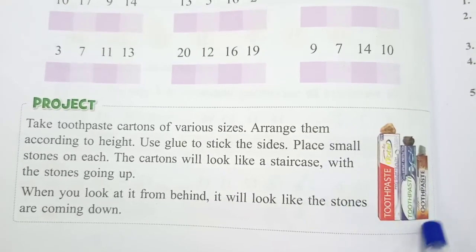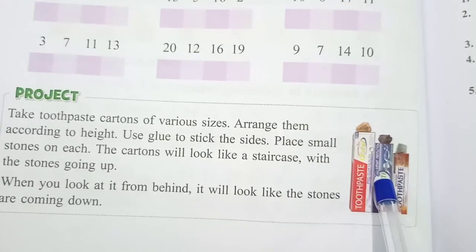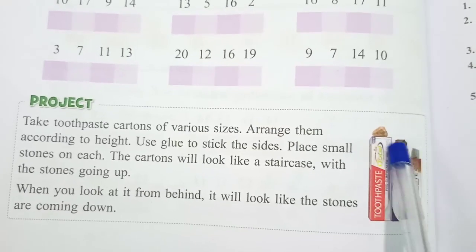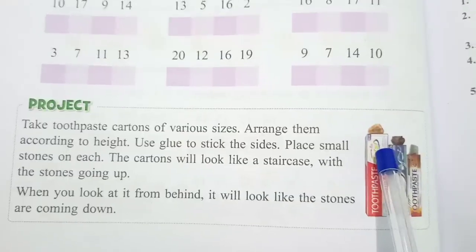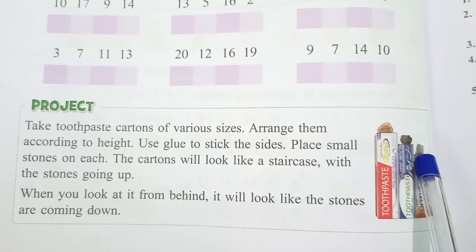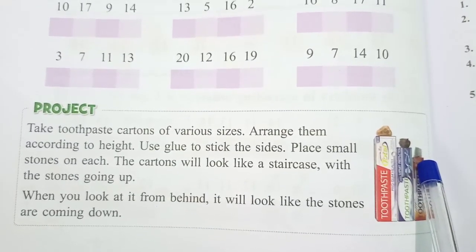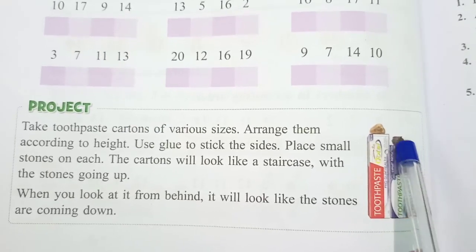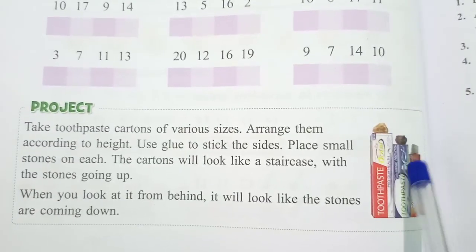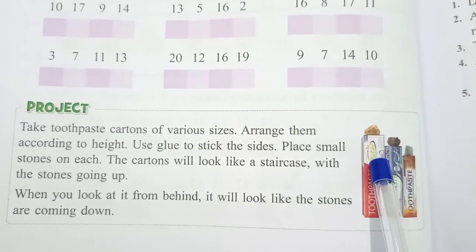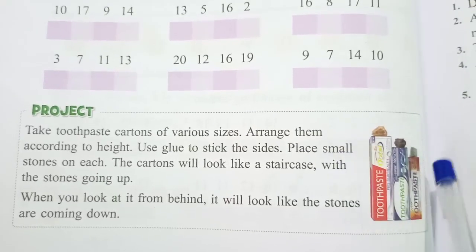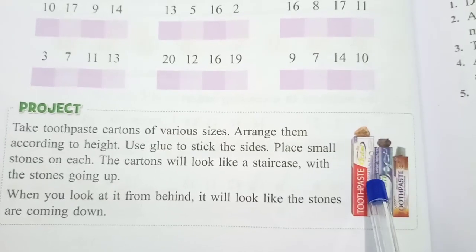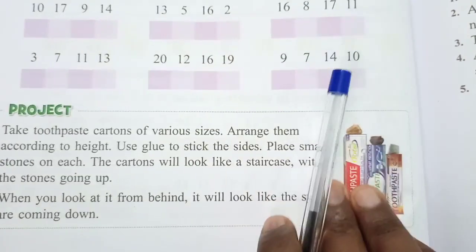So what is this project? It explains ascending order and descending order, or you can give the numbers also. If you want to give, you can give. So ascending means increasing order, from lower level to higher level. So from right to left, if you go, that is ascending order. It is smaller, somewhat bigger and biggest one. And if you come from left to right, it is descending order. So please try to do the activity project and send it in our group.